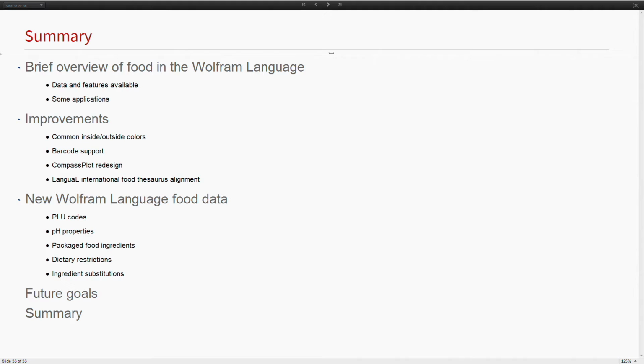Oh, yeah. Could you comment more about this scanner that you mentioned in the previous slide? You mean the Wolfram Alpha scanner? Yes. Could it be installed